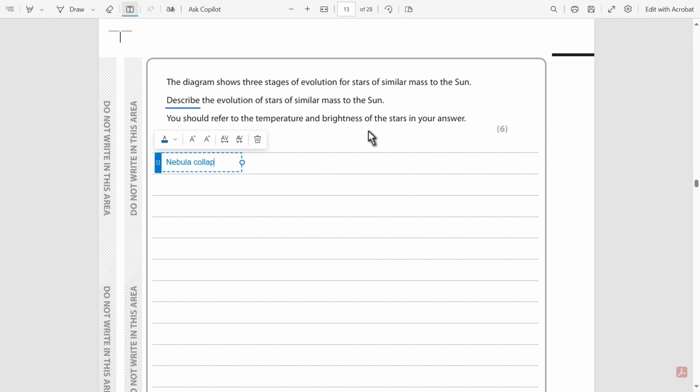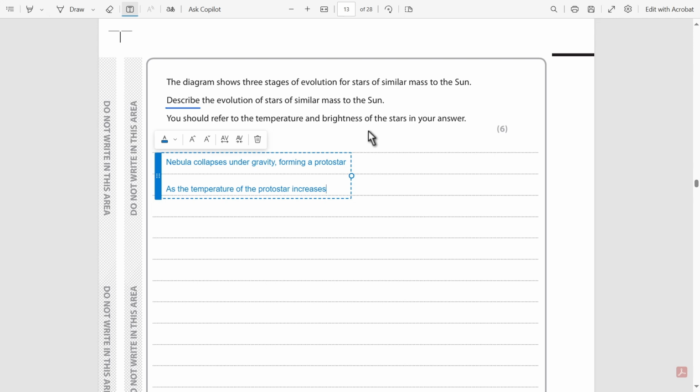It collapses under gravity, forming a protostar. Guys, we can always bullet point this as the temperature of the protostar increases. It increases, guys, because the particles are constantly colliding with each other. And you know, when you rub your hands together, it's kind of like that. When you rub your hands together, you're transferring your kinetic energy into thermal energy. So when this thermal energy increases,